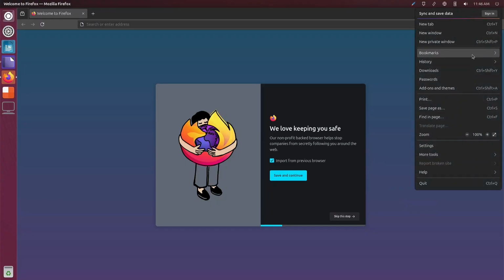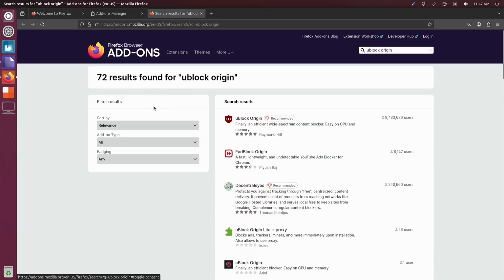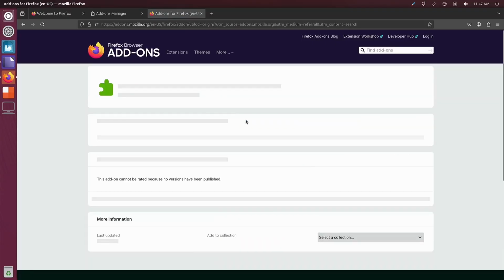Wait, hold on. Before we do anything else on Firefox, we got to put our condom on. Hold on. Where's the add-ons? Add-ons and themes. There we go. Okay. uBlock Origin. Okay.